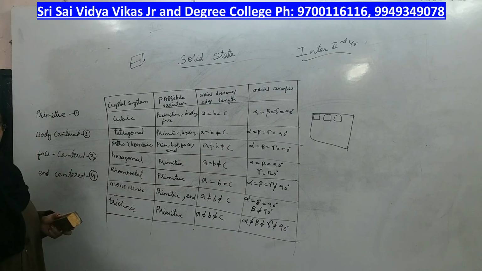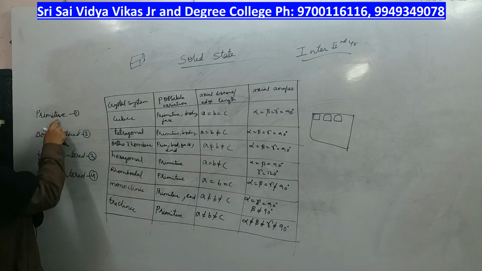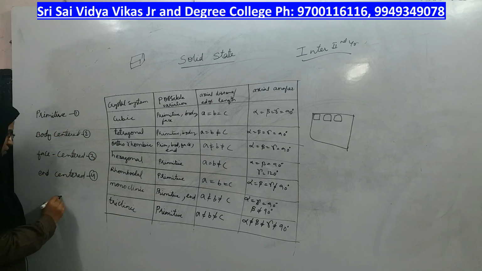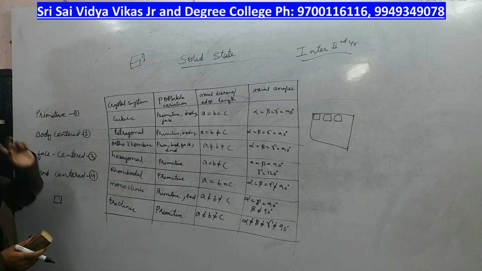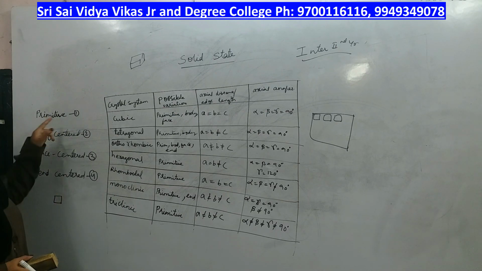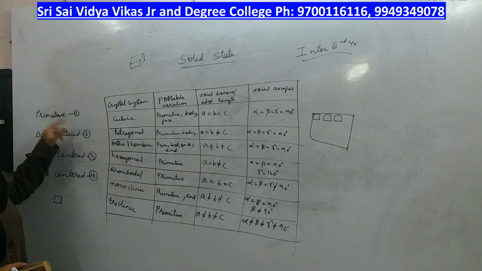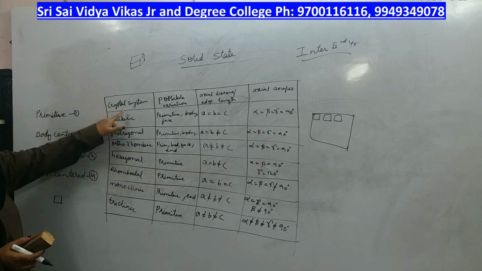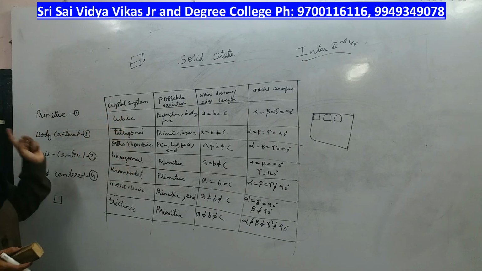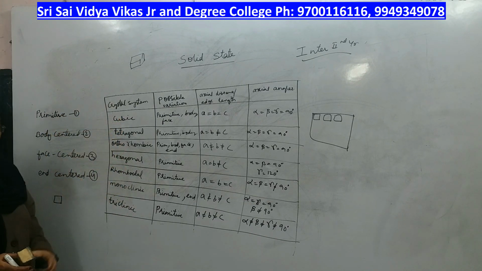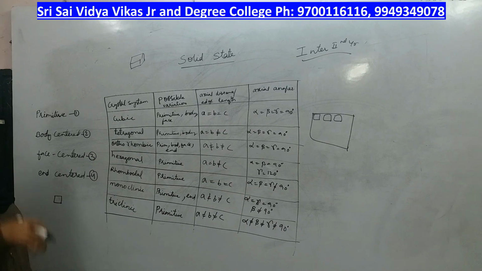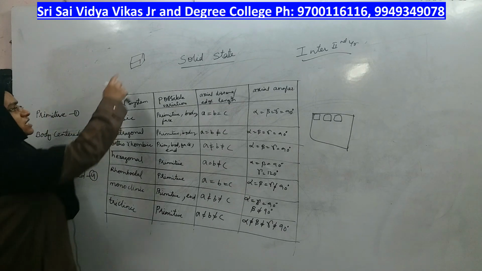In each unit cell, how the atoms are arranged can be of different types, right? The unit cell is a small box, we said. If the unit cell is primitive, meaning the basic unit cell, the primitive kind of arrangement is present in all the shapes of crystal. What does primitive mean? We have already seen it in the last class. Suppose it is a cube.